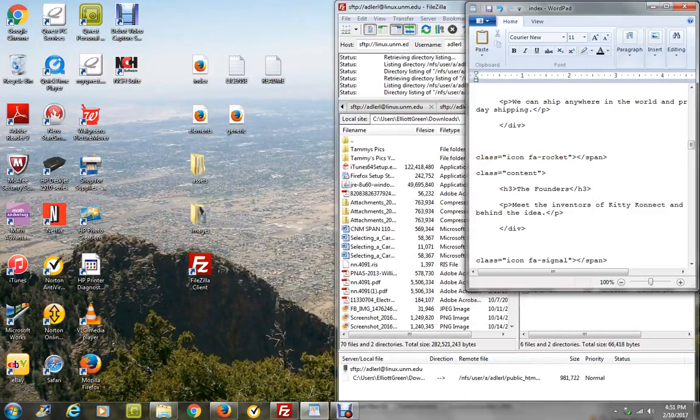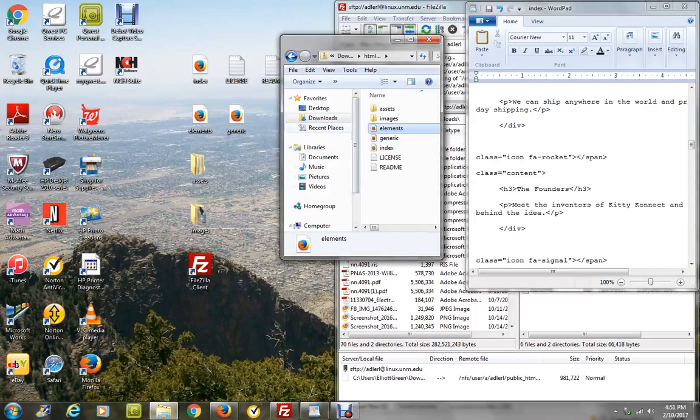So I've never done any HTML coding before. I haven't ever tried anything like this or editing websites or anything like that. But I found the instructions on the UNM website for how to set up a personal UNM website for yourself pretty simple to follow. The only issue that I had while I was doing it was that for some reason